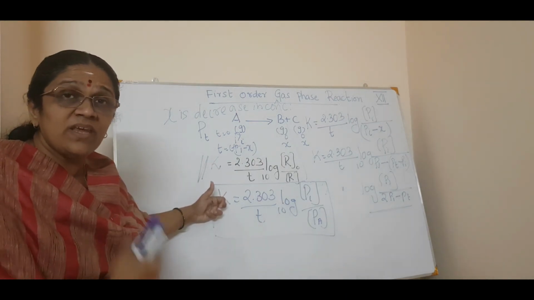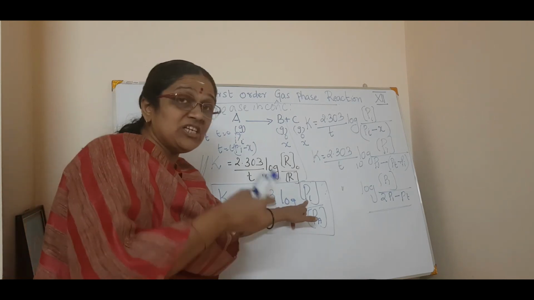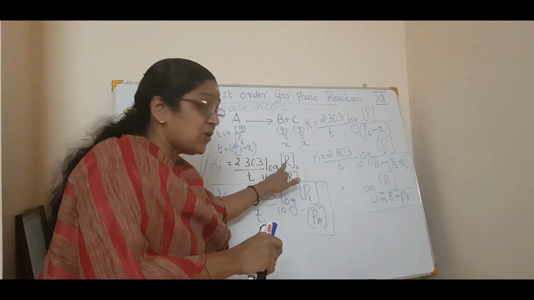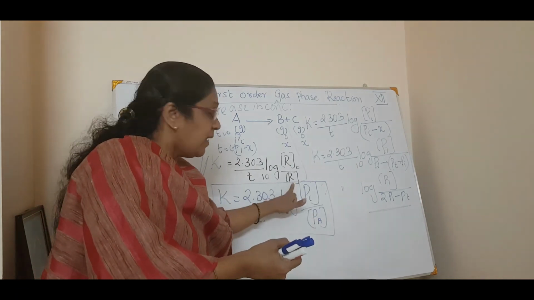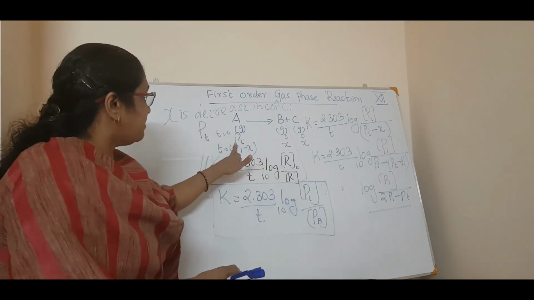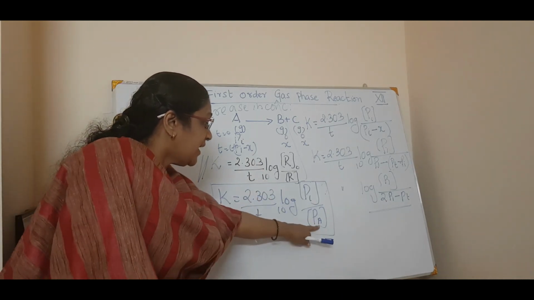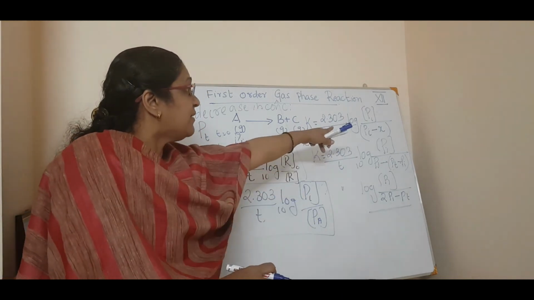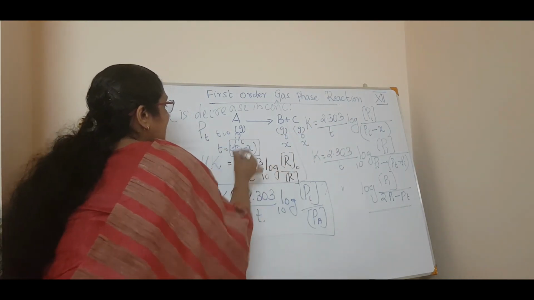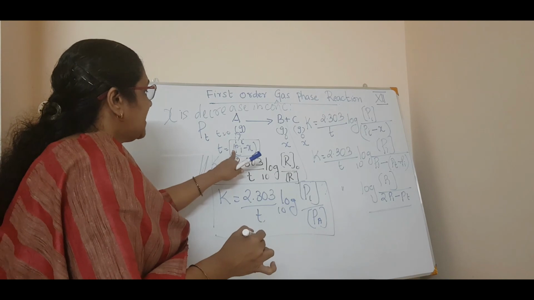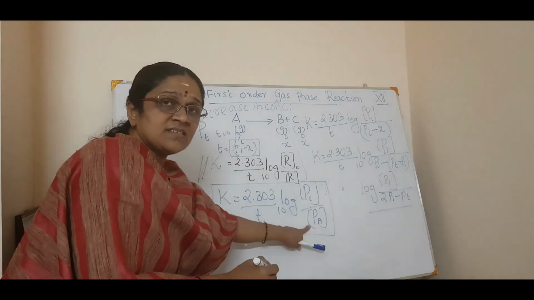That's all. Very, very easy. Just 2.303 by t logarithm to the base 10 of initial concentration, R0. If you want P0, anything. Pi by R, that is PA, that is RC. Some children will get confused here. You write PA here, then how does it come as Pi minus x? It's nothing but only this. At the time t, what is the pressure of A? Pi minus x. That is this. That's all.